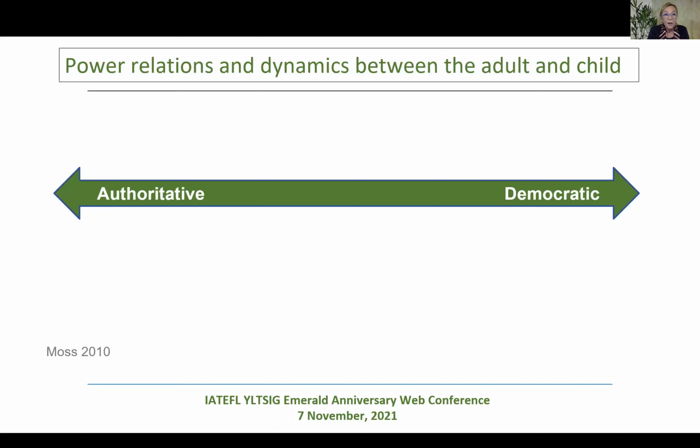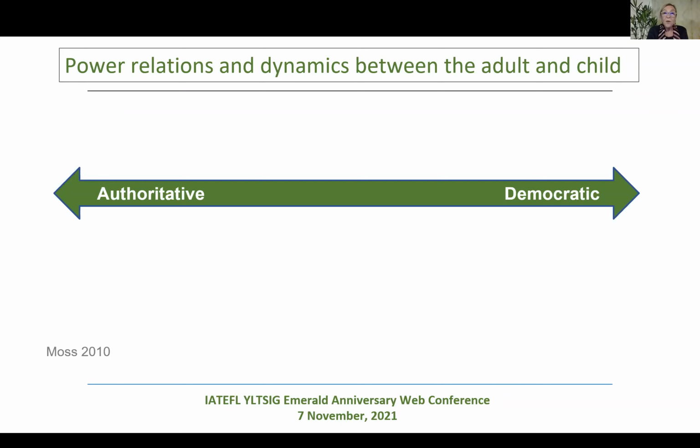So where would you place yourself on this continuum? Are you more authoritative as a teacher, as authority, where there's an unequal relationship, which places the child in a more subordinate and passive role? Or are you more democratic, a teacher as partner, where learning is a shared process, respecting the equal status of children as the subjects of rights?